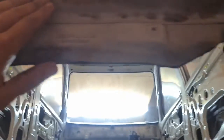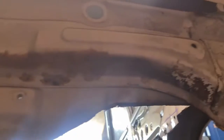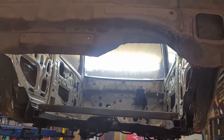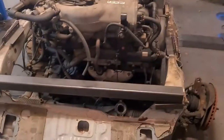Now I'm probably going to have to cut the bottom of this out and shove a plate up there so we can bolt through, or something like that, just to give it strength. I haven't quite figured it out yet. Now we're working on things as we go, but that's probably the rear support to hold that,